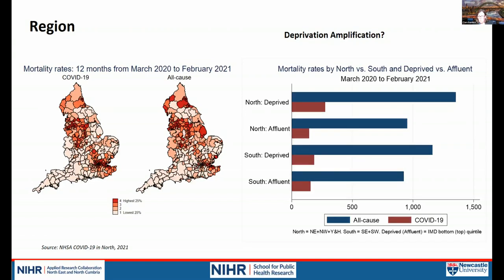And this data certainly suggests that that might be the case, particularly when looking at COVID-19, but you'll also see a similar relationship when we look at all-cause mortality, which is the blue lines. So when we're talking about, for example, the North-South health divide, or more widely talking about regional inequalities in health, something which is a focus of the levelling up agenda, then we can see that what we're really talking about is a particular burden on deprived communities in the north versus the affluent or deprived areas in the south.